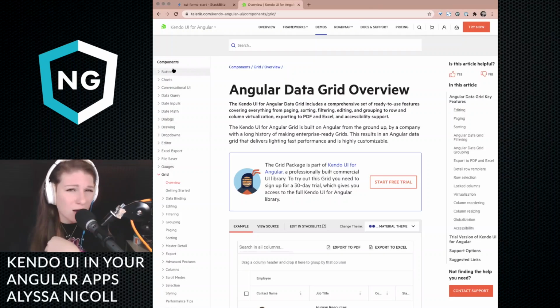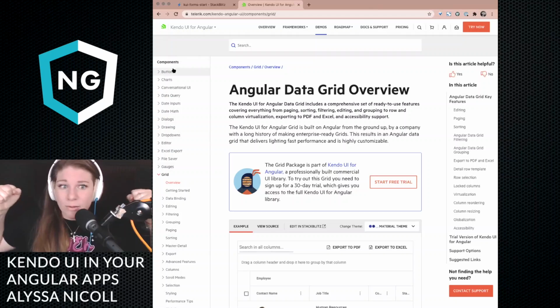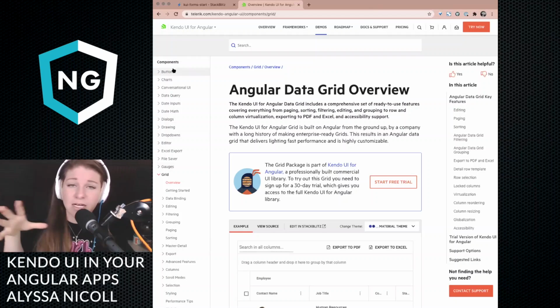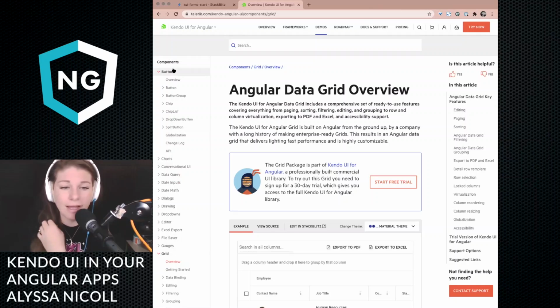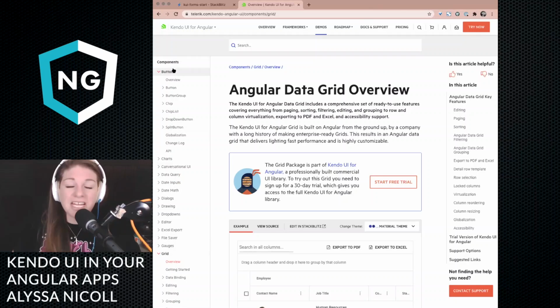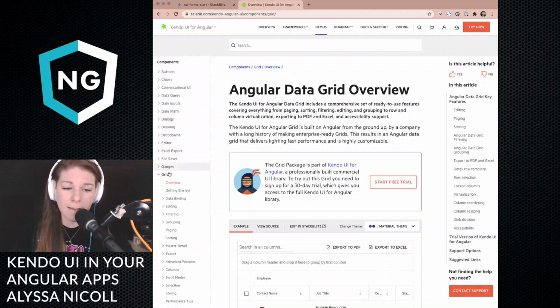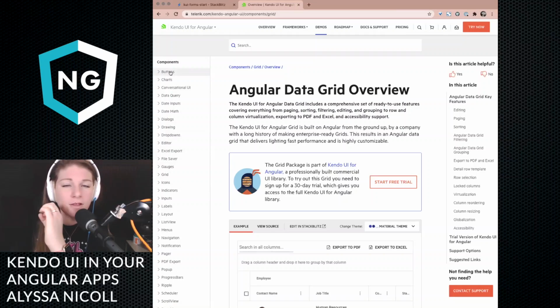Over here, as I was talking about earlier, whenever I was first getting started with Kendo UI, I was a little overwhelmed because there were so many components. And when I went to npm install or ng add or whatever I was going to do with them, I was like, okay, I just need an input. How do I get the input? Or I just need a button. How do I get the button? Or I need a drop down, and if you try to ng add a kendo-angular drop down, you won't get the drop down. So over here in our docs on the left-hand side, we have a tree of our components, and all of these big parent guys are the thing that you're going to want to install.